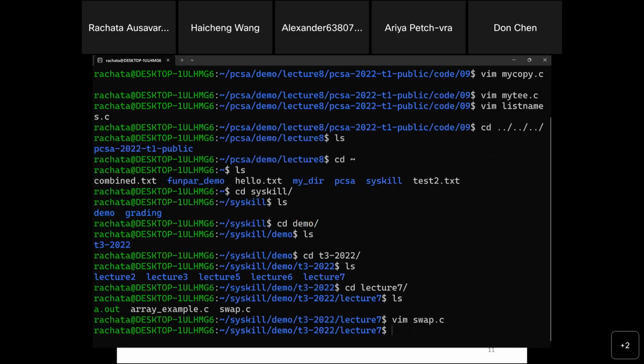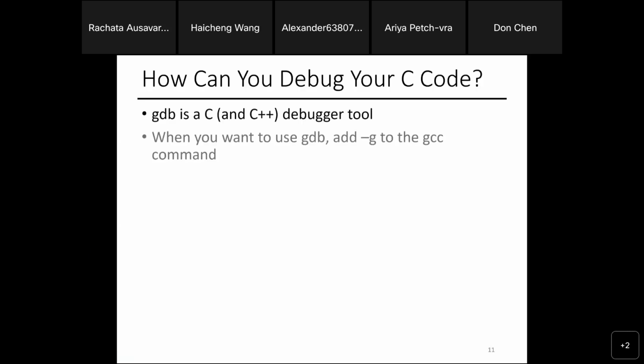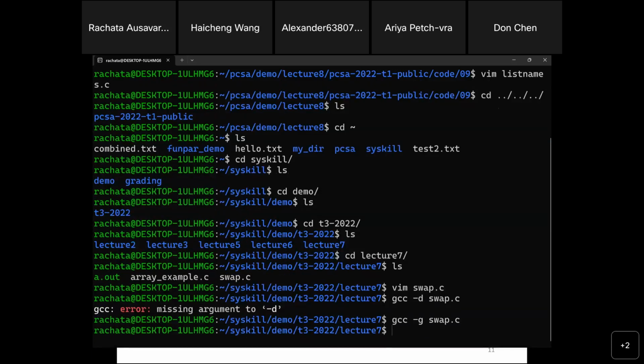One thing I can do is run gcc with the -g flag. Oops, that's -g, my bad, typo. This allows me to run the code, but I can also run it in debugging mode, which is paired up with this command, gdb. I can run gdb on the executable.